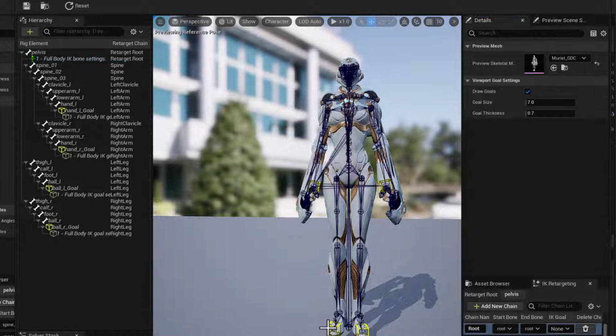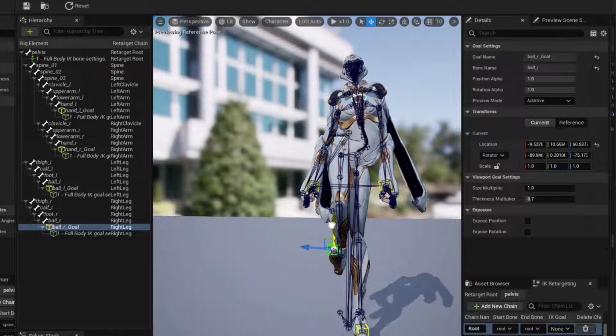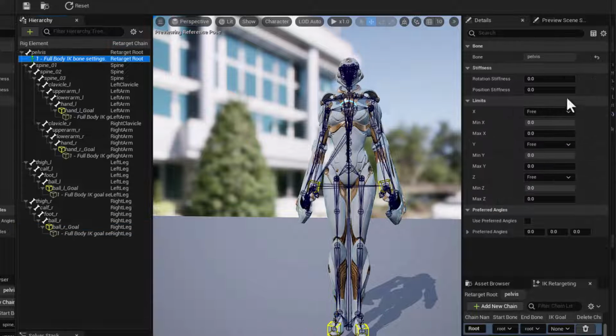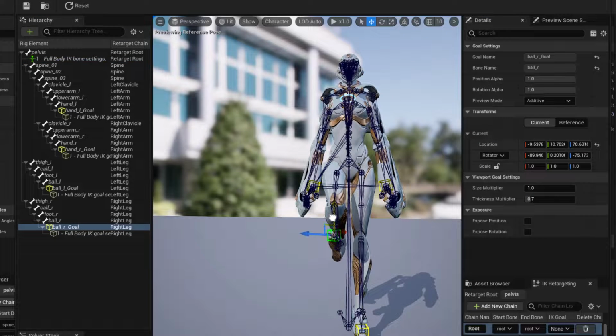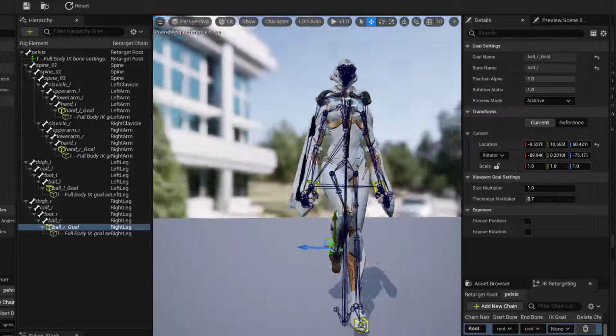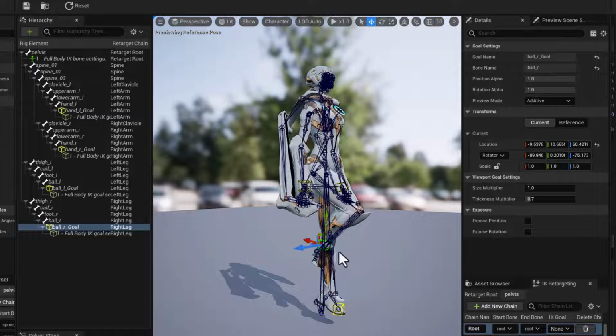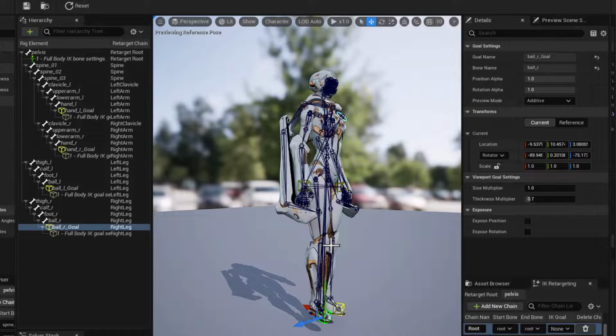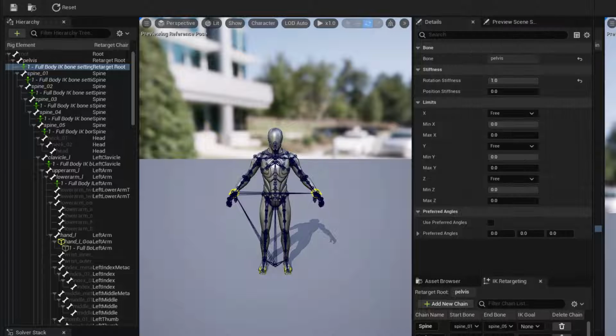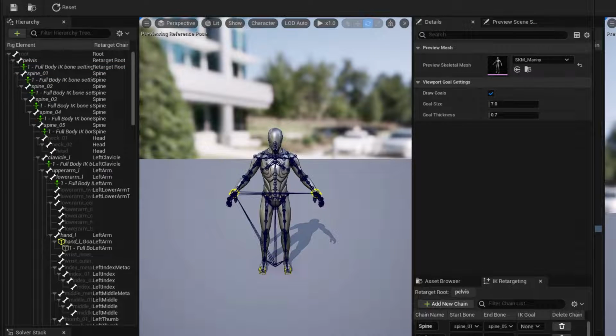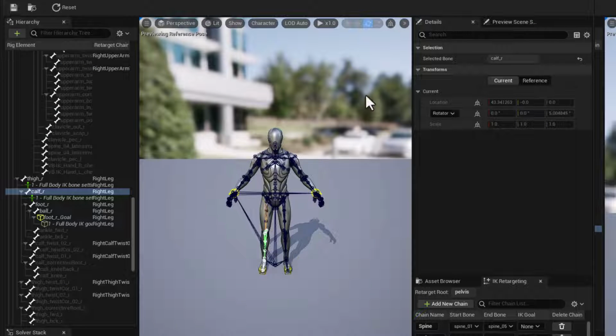So since there's no stiffness to that, when we move an IK handle, that pelvis bone is moving like crazy. If we go to this pelvis bone and set its stiffness to 1, already we'll see an improvement in how our IK is operating, because now that pelvis doesn't rotate. Now, there are other things that we need to address here. We kind of got lucky that the knee bent automatically for us, but we want to ensure that that's going to work. So returning to our mannequin over here, if we take a look at the lower leg settings, we